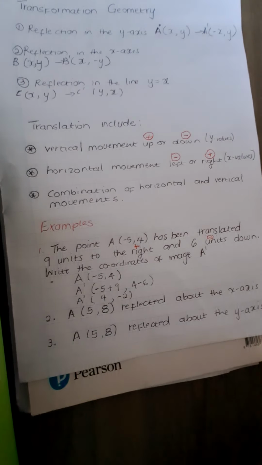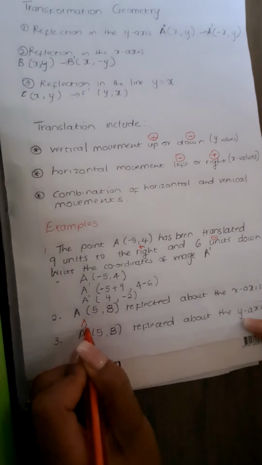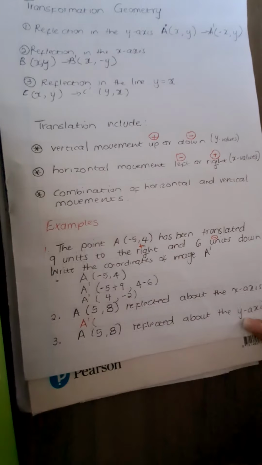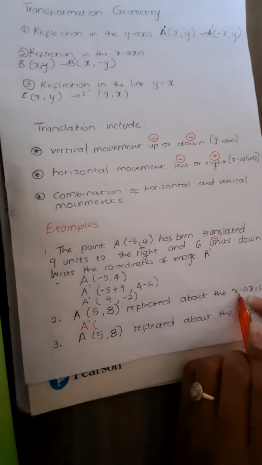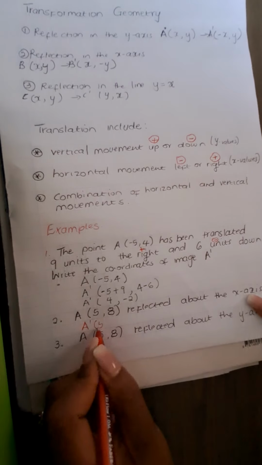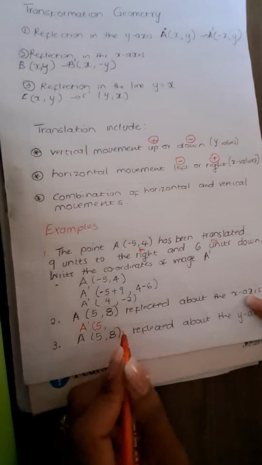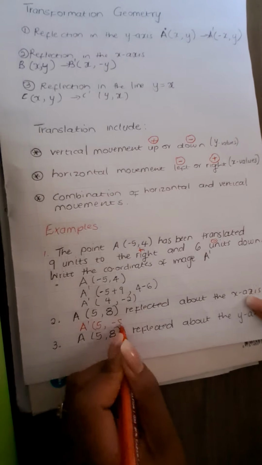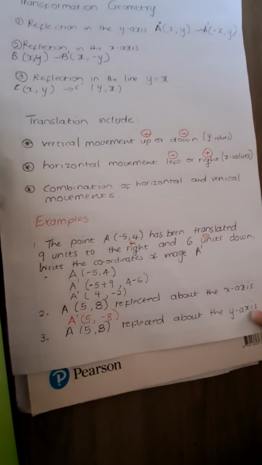If it was negative, it's going to be positive. So in this case, our new image A prime will be: x-axis, I know my x remains as it is, meaning the coordinate of x will remain as it is, but the coordinate of y changes. If it was positive, it's going to be negative. So now we will have